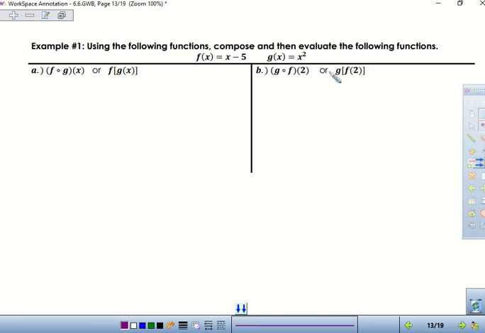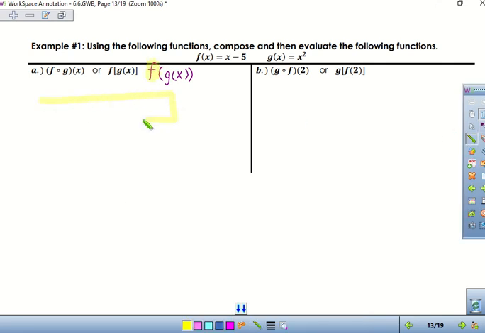Alright, so step one is we're going to compose these two functions. So f of g of x is the same thing as f of g of x. What you're going to notice is g of x is replacing the x in the f of x function. So here's how you go about actually calculating this. Whatever function is on the outside,